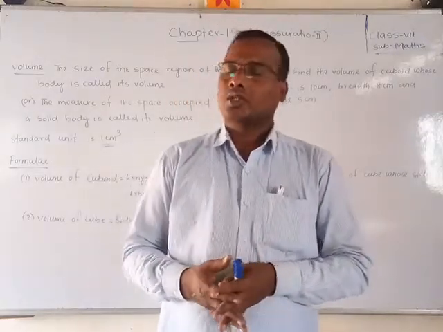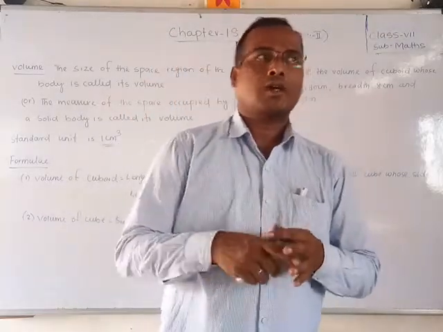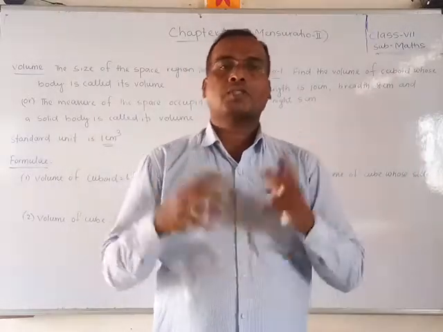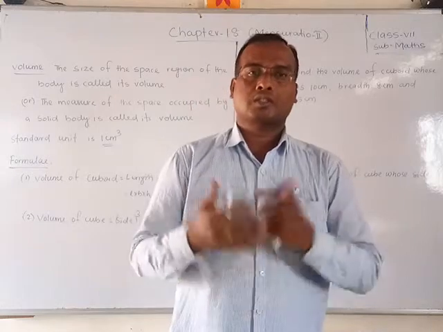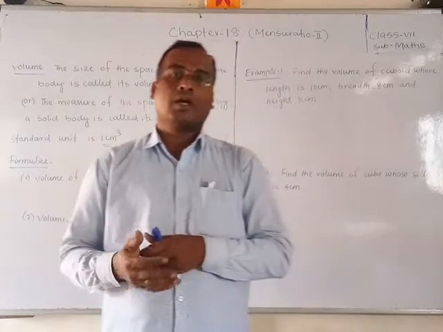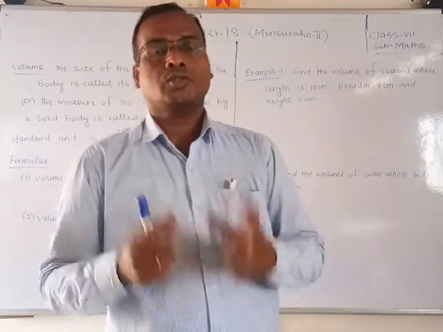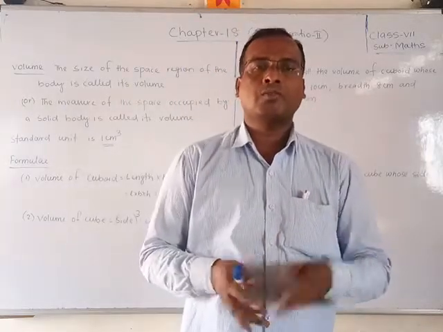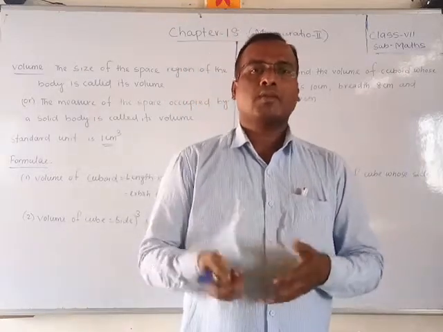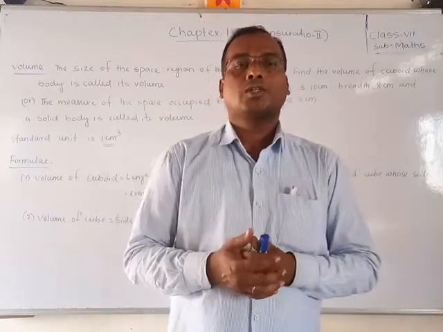Okay friends, so today we will discuss that. First of all, we will discuss what volume is. The space a solid figure occupies is called its volume. How much space is occupied by a solid figure, that is called a volume. And the volume of the cuboid is equal to length into breadth into height. A cuboid has a length, a breadth and a height. If you multiply them, that gives the volume. And similarly the cube formula is side whole cube. So side cube is equal to the volume of the cube.